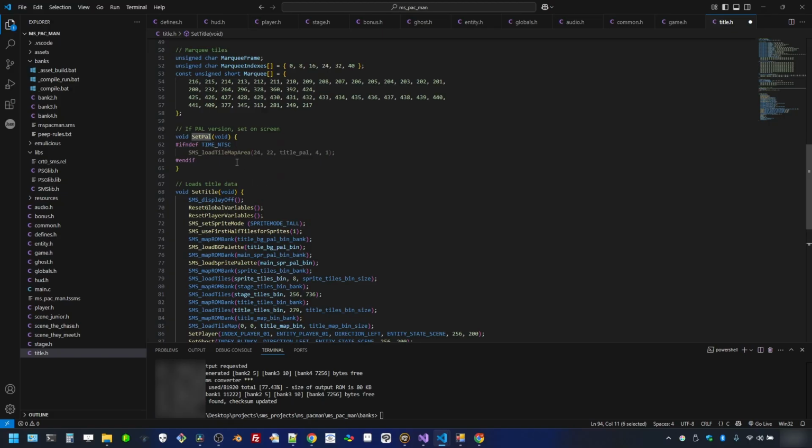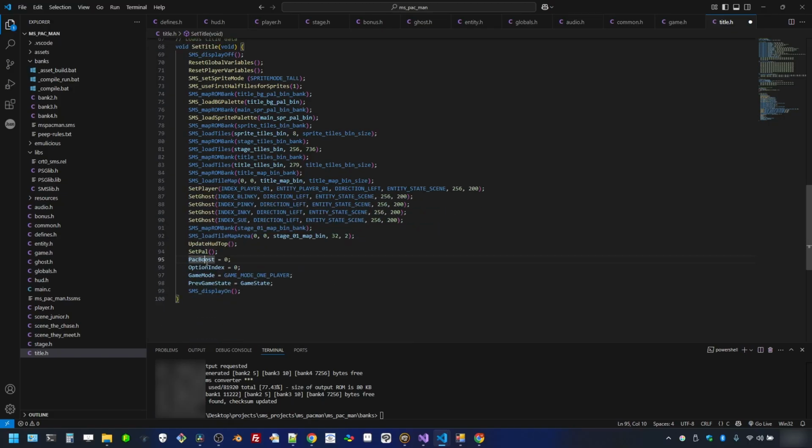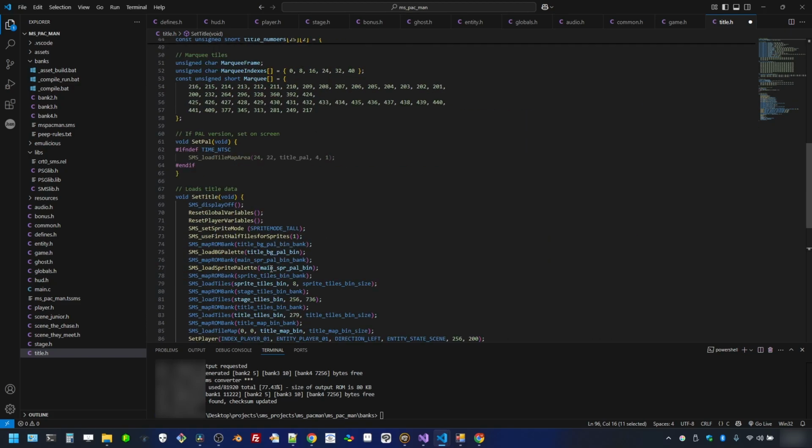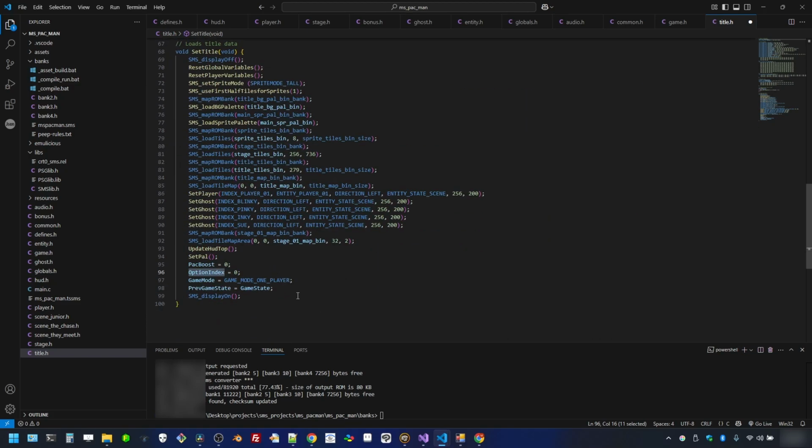But if it is, then it won't do anything. So we're going to reset our pack boost to 0. That means there is no pack boost. Option index, we're going to initialize that number when we come in here. We want to reset that every time we come in here,